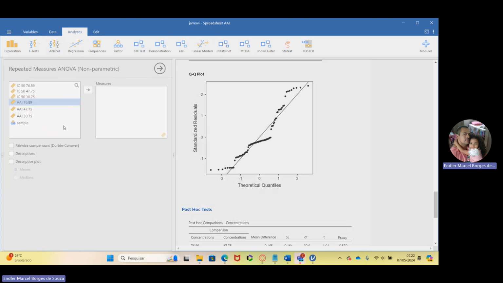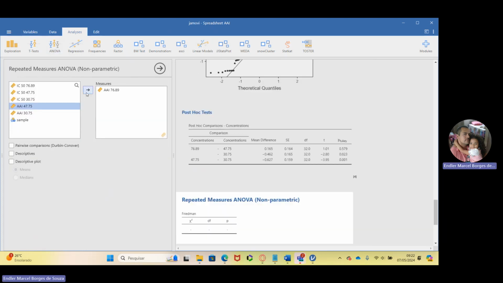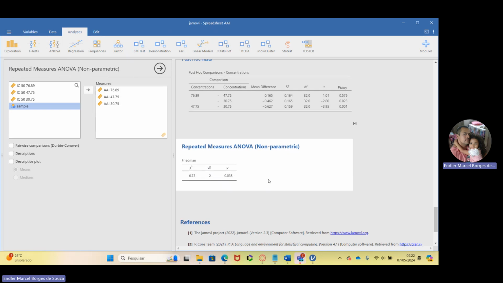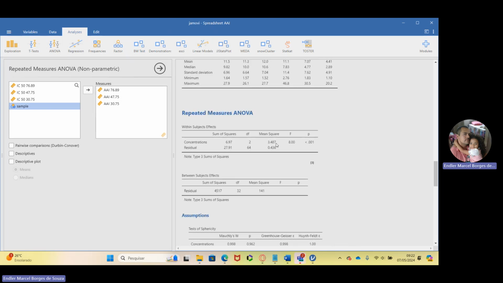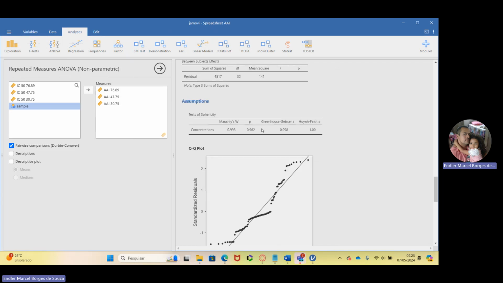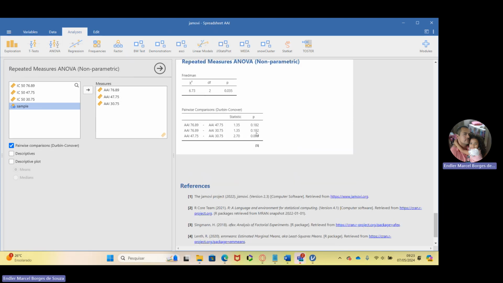We are going to the Friedman test, and we are going to add these three variables, and we get a p-value that is smaller than 0.005, but is much bigger than the p-value obtained using the parametric test. So we can look for a specific difference between the pairs using a non-parametric post-hoc test, that is the Durbin-Conover post-hoc test. As you can see here,